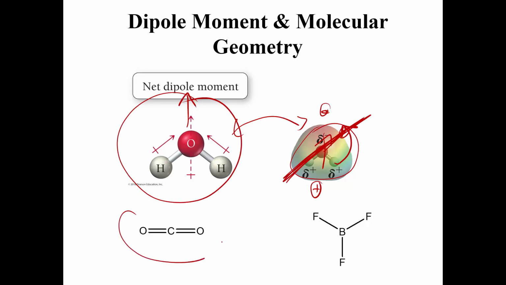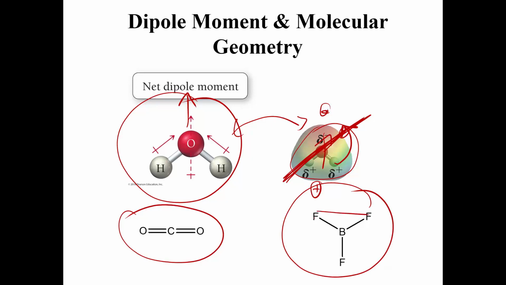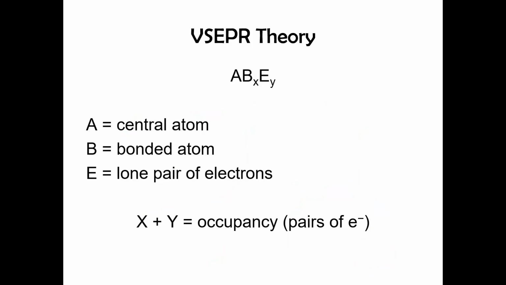So this is nonpolar because it's symmetrical. This is also nonpolar because it's symmetrical. It's trigonal planar, and these strong polar bonds just cancel each other out. So symmetry has a lot to do with it. Alright, so this is sort of almost it. What I have here is a summary